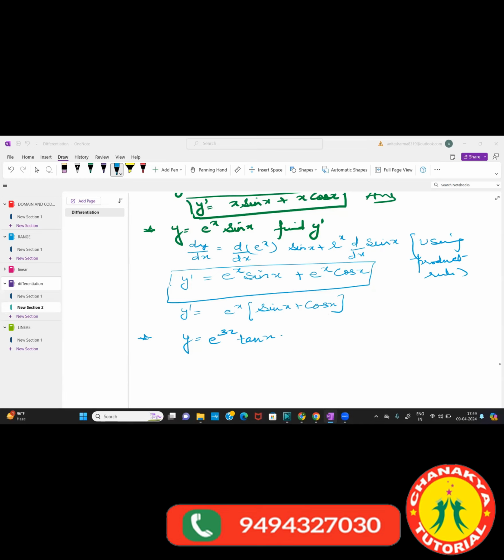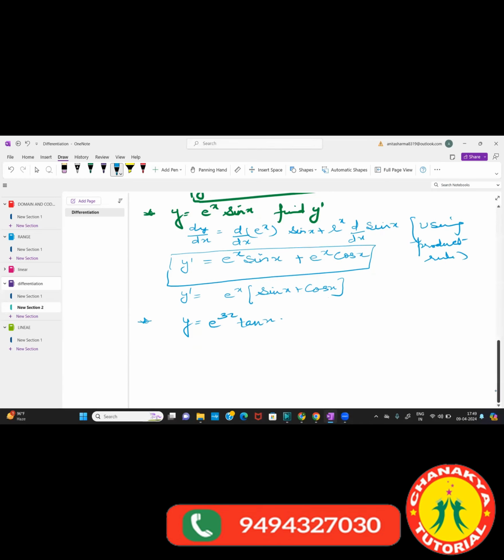See, earlier also we have done this. Tan x will be secant square x. See, differentiation of e to the power 3x will be y dash is equal to 3 e to the power 3x, right? Now try to solve it. And 3 e to the power 3x and secant square x. Yes, good. So your differentiation will be